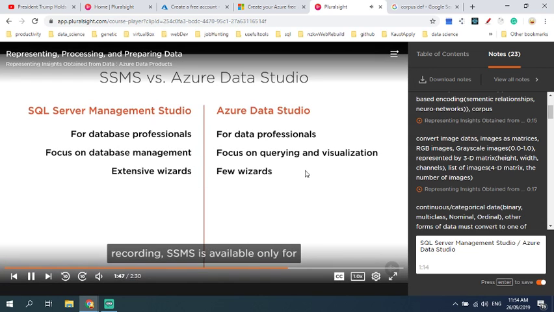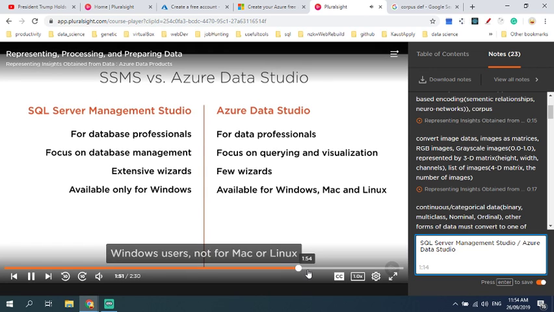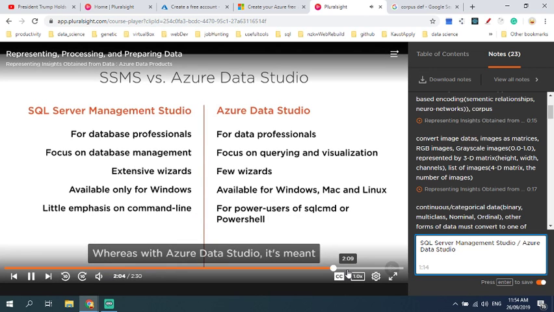At the time of this recording, SSMS is available only for Windows users, whereas with Azure Data Studio